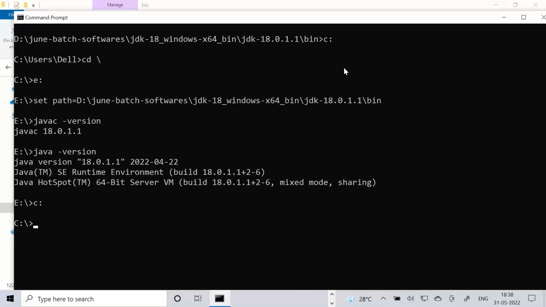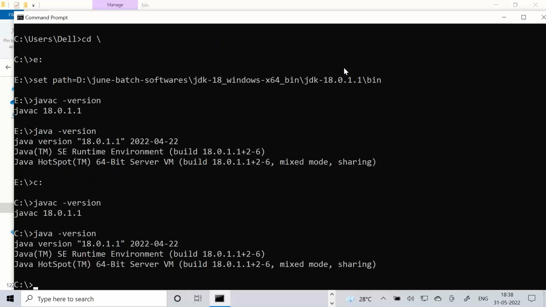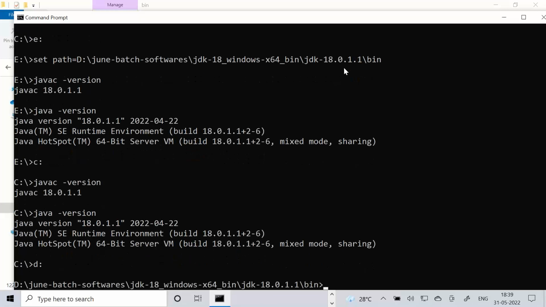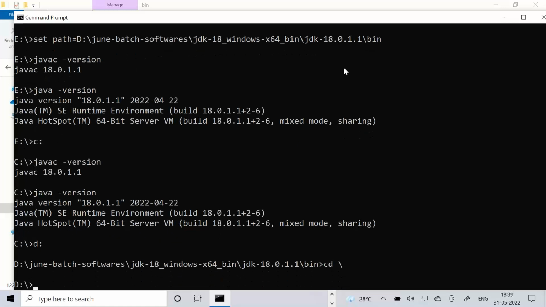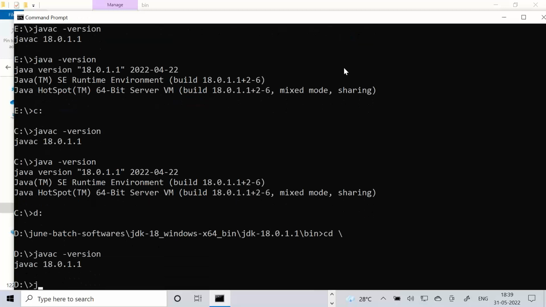From the C drive, from the same command prompt, got it? Same command prompt, go to any location. Working. Go to the D drive. cd/, javac -version, java -version.